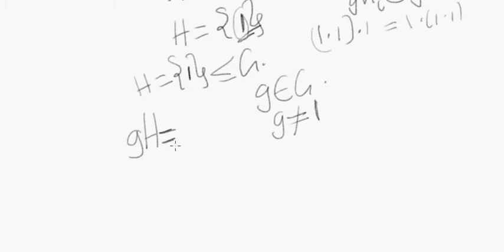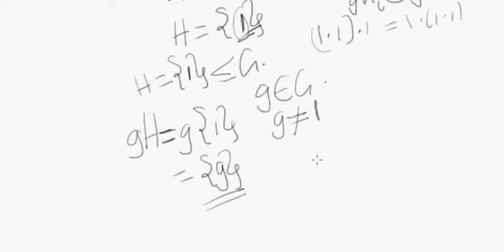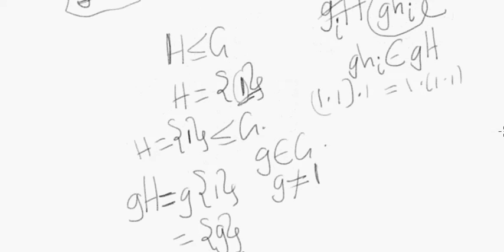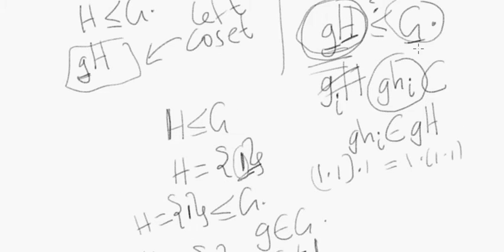Well, what's gH going to be? It's going to be g multiplied by our set of one element, which is going to give us just what? {g}. Okay, so question: is {g} a group? Because if we're trying to check if gH can be a subgroup of G,